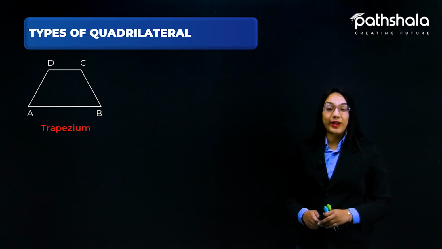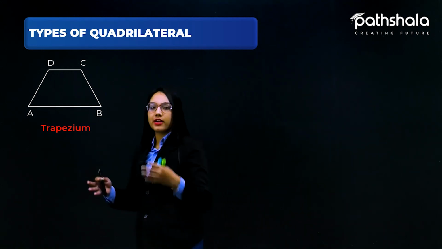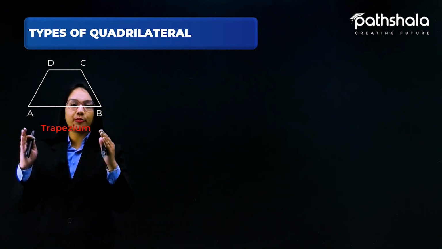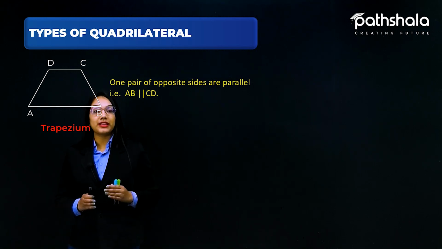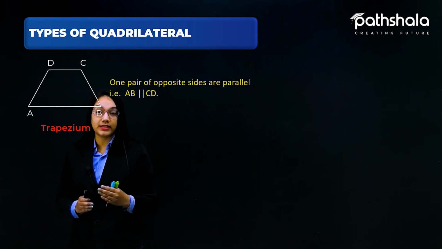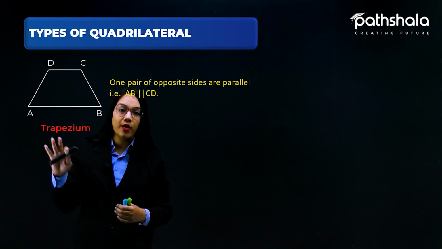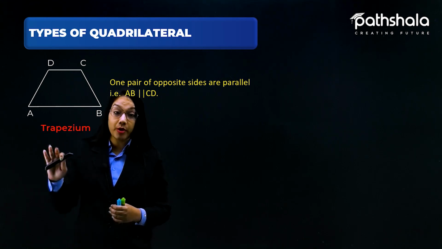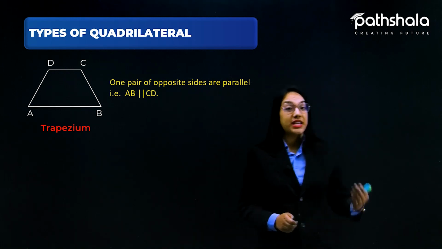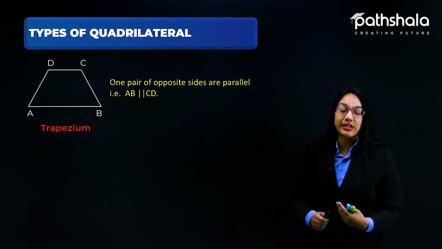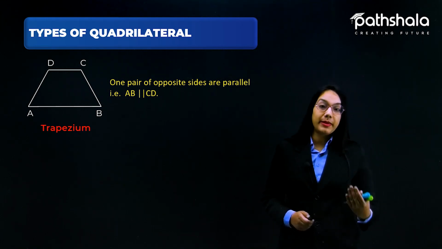A figure which is obtained in such a formation is definitely a quadrilateral, but this quadrilateral ABCD has a specific name, which is called a trapezium. So what is a trapezium? A trapezium is one in which one pair of opposite sides are parallel. You can see over here AB is parallel to CD. So this type of quadrilateral, in which one pair of opposite sides are parallel, is called a trapezium. A trapezium is a quadrilateral. You can see all by yourself that it is formed by joining the four sides, AB, BC, CD and